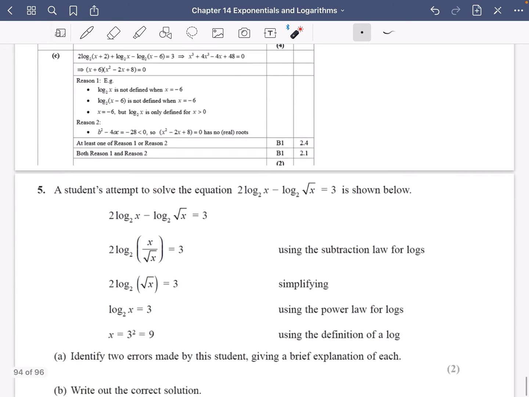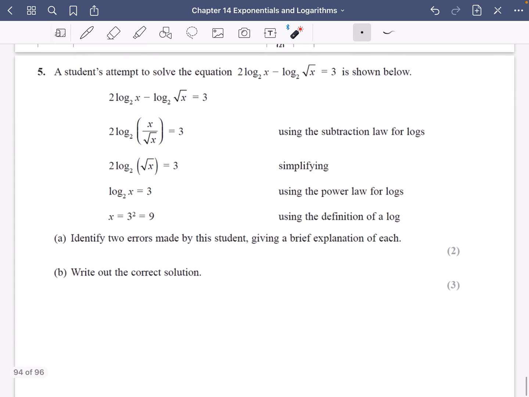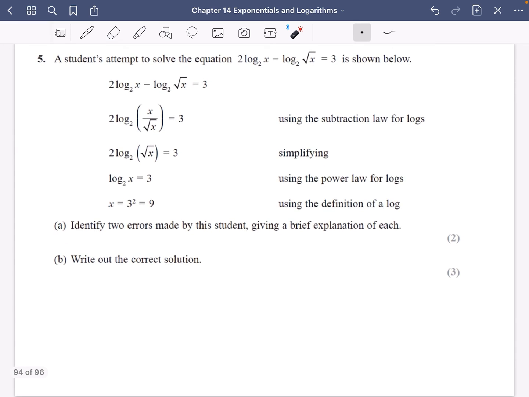Okay, let's have a look at the last one I'm going to do. This one here, it says a student's attempt to solve this equation is shown below. And we're trying to identify 2 errors made by this student, giving a brief explanation of each, and then we're going to write out the correct solution. So here, they have applied the subtraction law for logs. They've done this from here to here. Now I'm hoping that you can spot that the error is you're not allowed to use this subtraction law because this one has a 2 and this one has not got a 2. So first of all, our